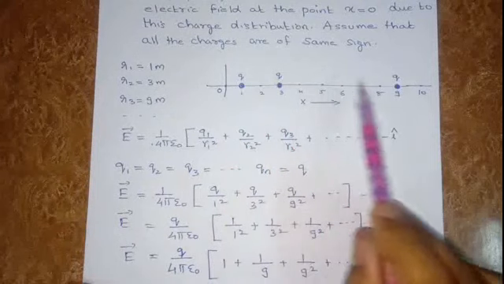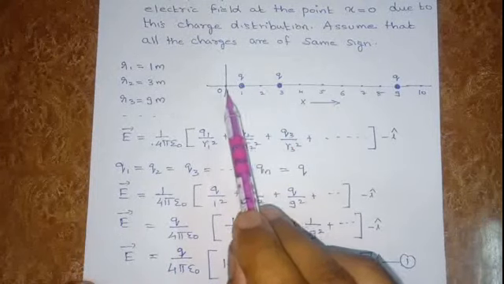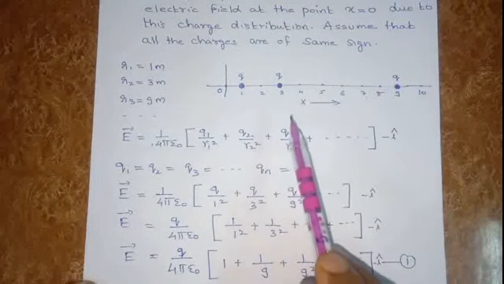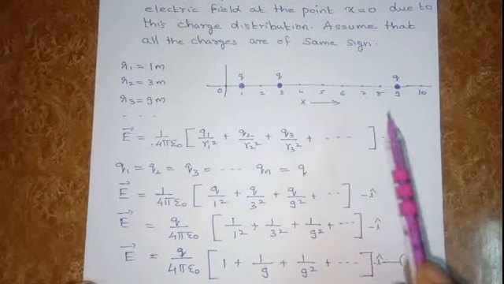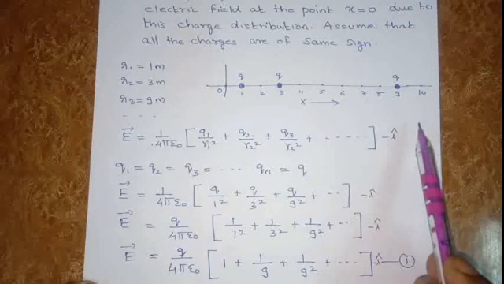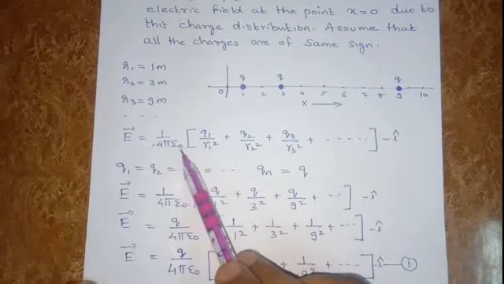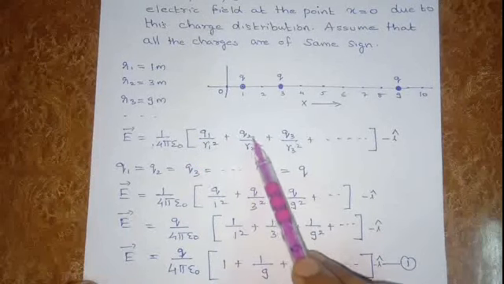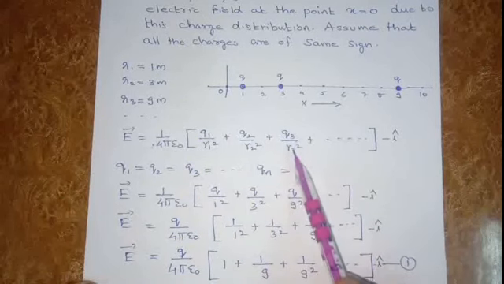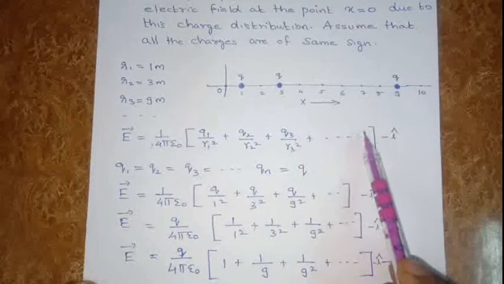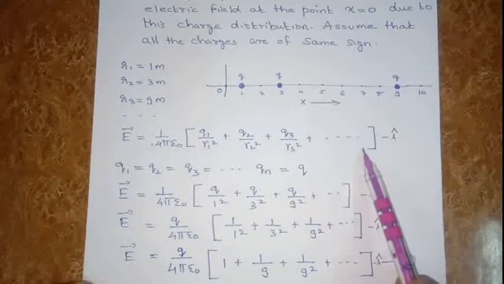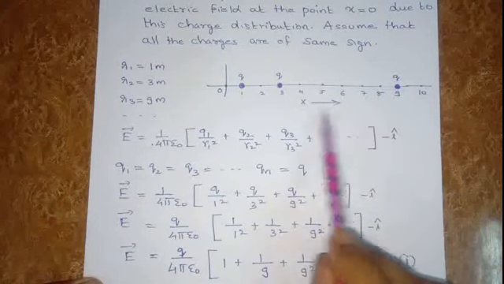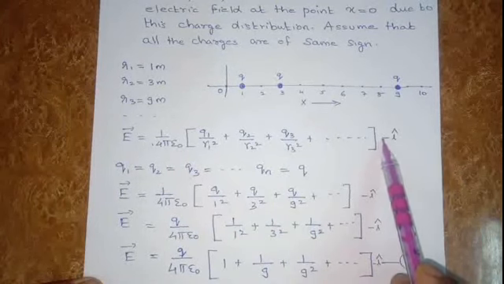So it is a case of a system of particles. Total electric field at a point due to a system of charges is the vector sum of the electric fields due to individual charges. This is the superposition principle. Therefore the equation will be 1 by 4 pi epsilon 0 into bracket q1 by r1 square plus q2 by r2 square plus q3 by r3 square plus etc. up to qn by rn square, since there are n charges and all the electric fields are in the same direction, that is the negative x direction. Therefore the direction of the net electric field is minus i.